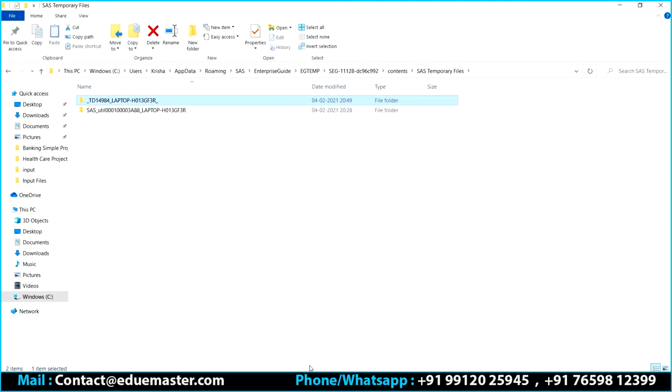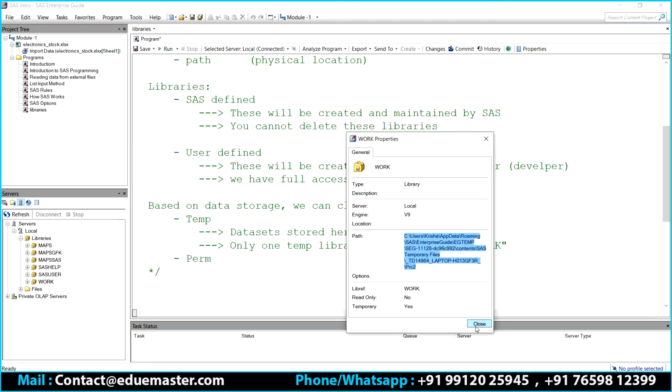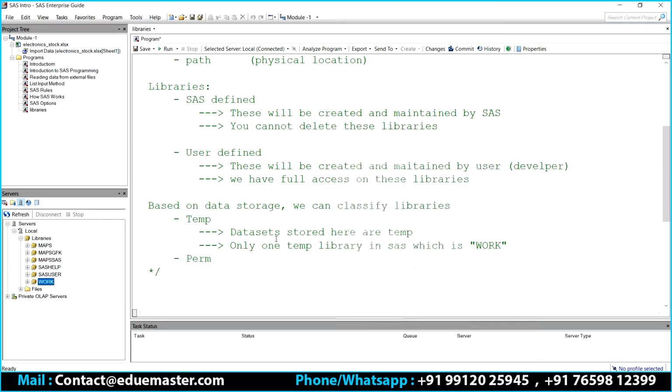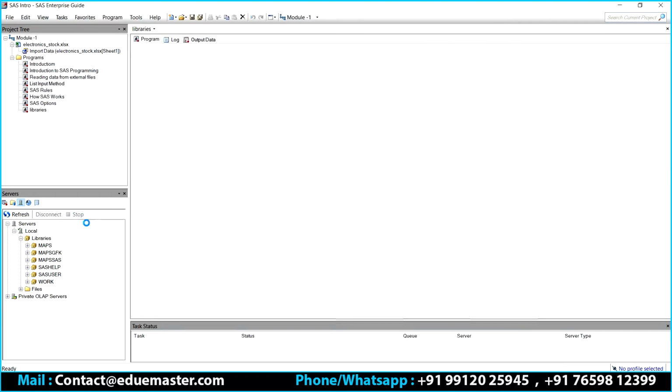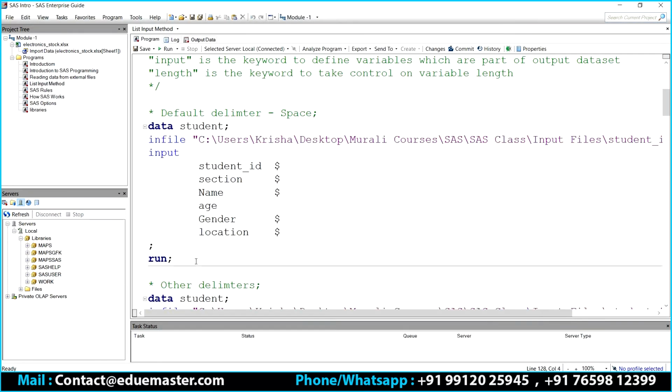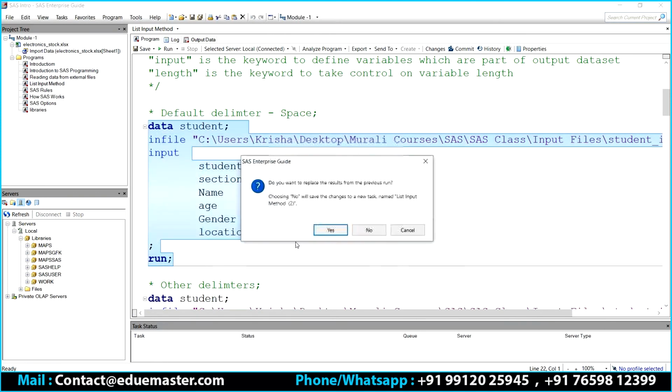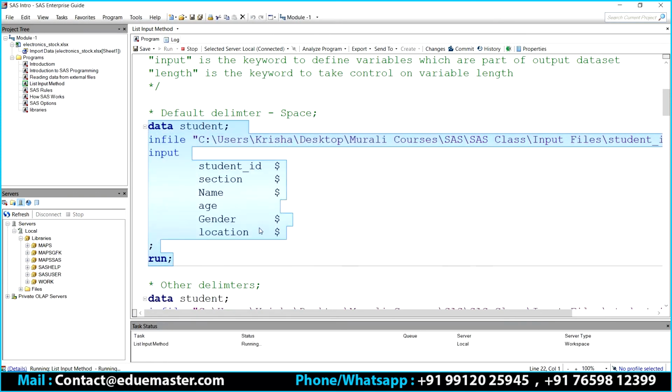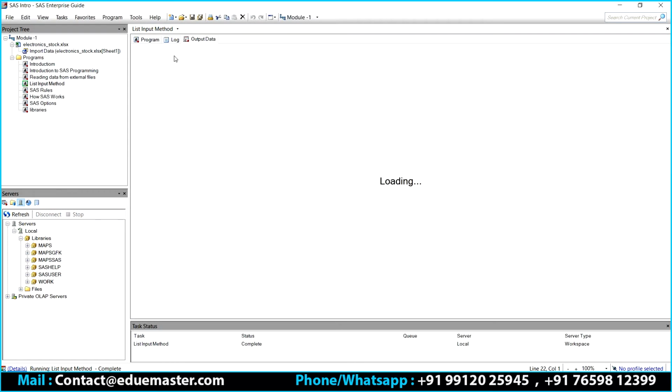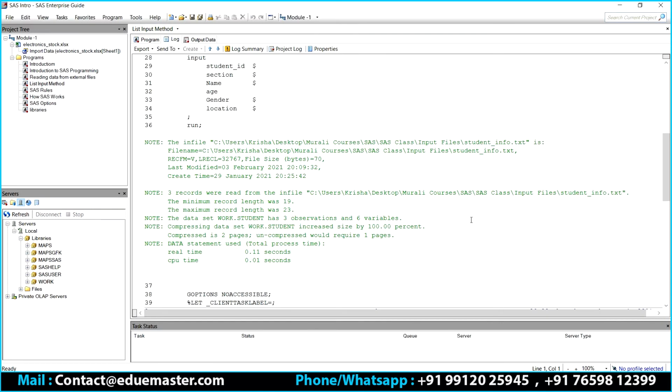Now, let's say I'm keeping one data set here. For example, I go to the list input method and run one of the code files, and I get the data set student. You can see in the log that the data set will be created in the work library.